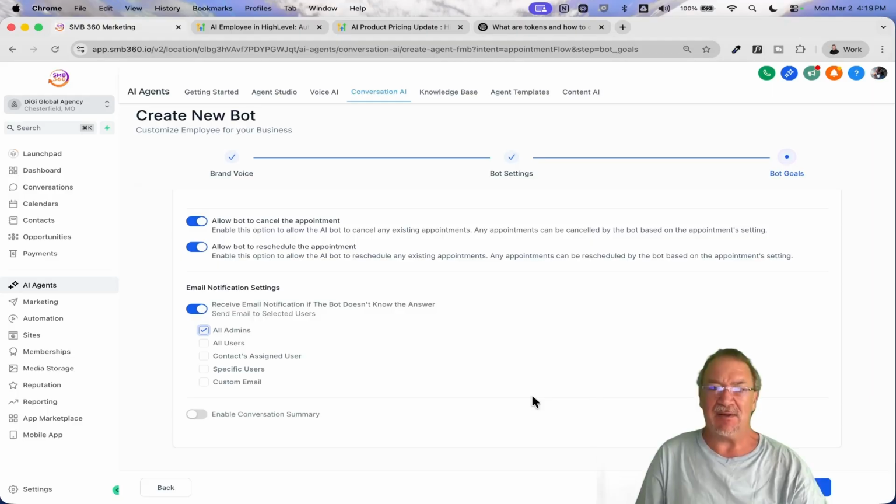That's a lot of emails from the voice AI system and the conversation AI system that they're going to get. So just please keep that in mind. Sometimes people can get overwhelmed with stuff, but you might want to turn that on at the very beginning